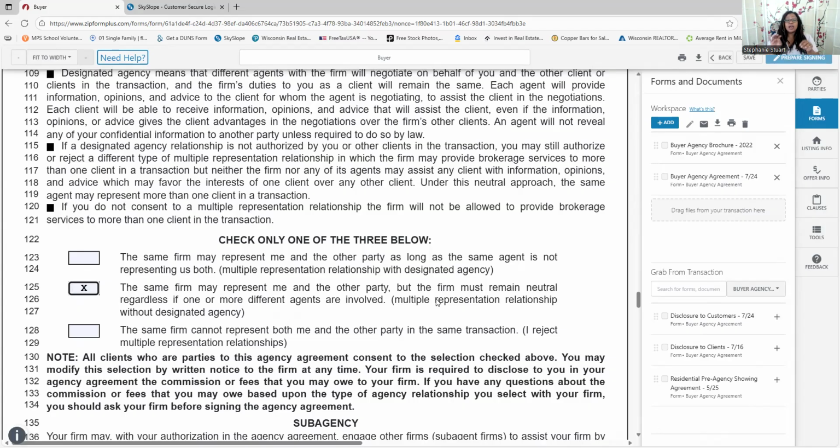You are neutral. Now, some states do not do multiple representation without designated agency. It has to be two separate agents. So in your state, all of them will change, but in Wisconsin, we do have the option to do it, so you can. And then if that person does not want the same firm to represent you, then if you see a listing at Epic Realty and your agent is, I'm sorry, if you're the agent at Epic Realty and your buyer sees one at,